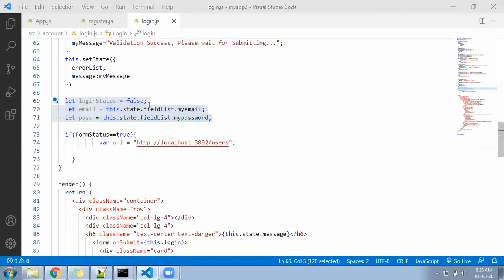After that, see these 3 lines I have added here. One variable checks whether login is success or fail. Another variable holds the user email ID and password that exist under the array, and this variable was very long. So I kept the same value in a small variable, so that while writing the condition it will be easy. The condition will not become big, and the code will not become longer and confusing. Let's go ahead. I hope all are at this point.